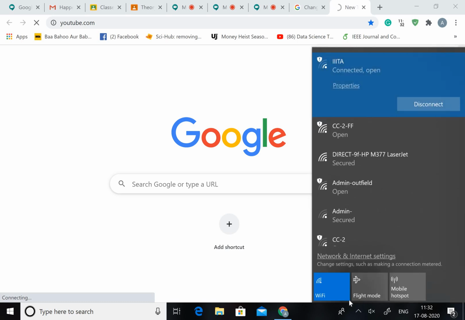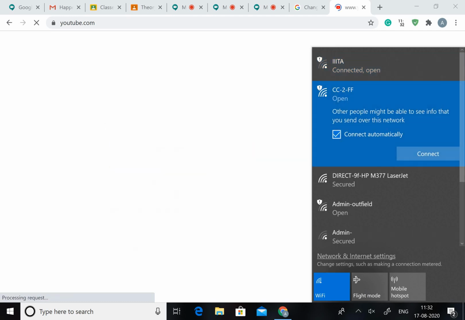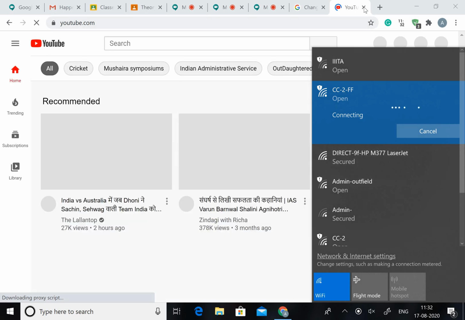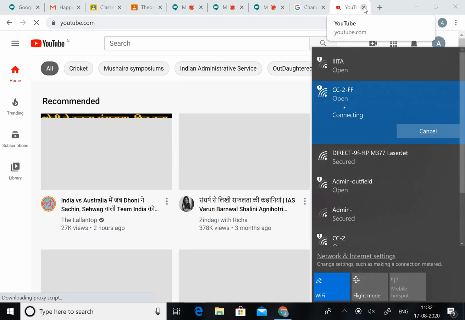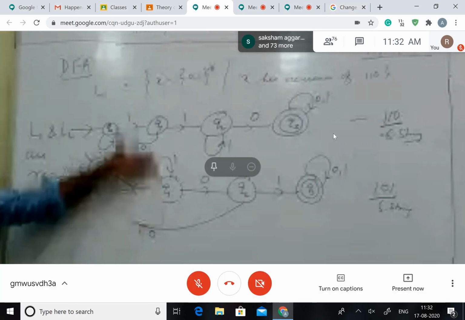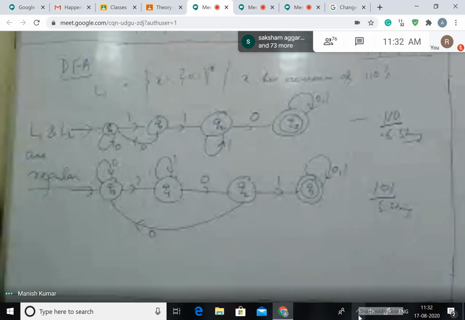This is what we have. So that means I can conclude that L1 and L2 are constructed two machines out of it. Now come to the L3 part, and certainly